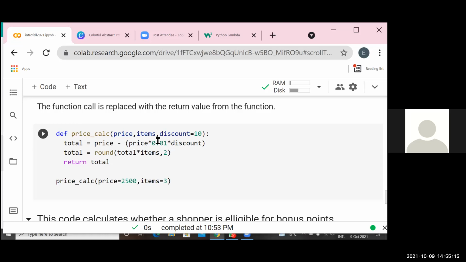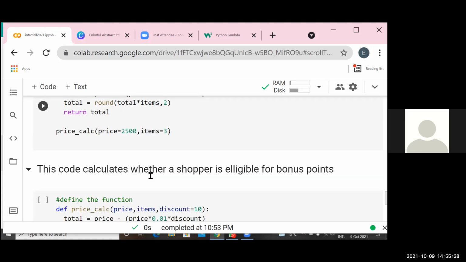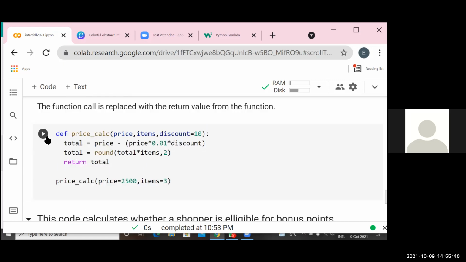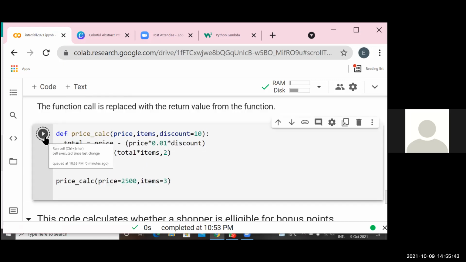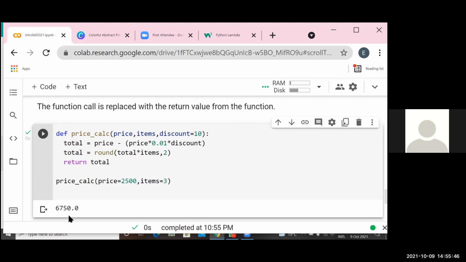So now here we have more than one argument. So what happens is maybe we want this function and it prints, like maybe you buy an item, maybe that costs 100 and you buy 3 of them. So, okay, let's just use the 2,500 that I entered and you buy 3 of them. If I run this function, it will give me a value, 750, but I can use this to do something else.